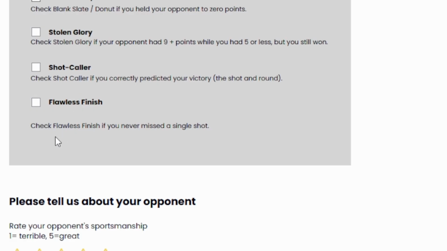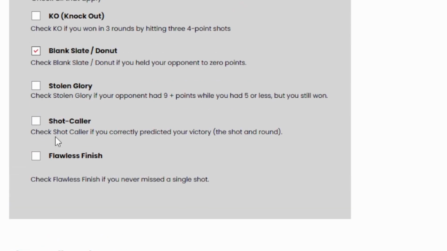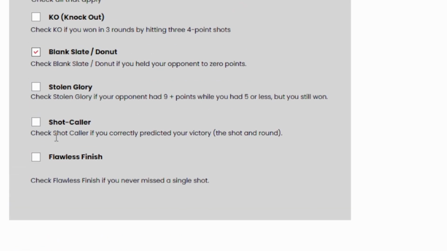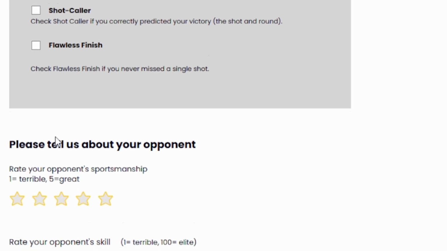Okay, flawless finish. As you might guess, you check flawless finish if you never missed a single shot. Perfection. You made every shot you attempted and you won the match. That's a flawless finish. You get credit for that. So in this case, the only one I qualify for is a blank slate here. So that's a supreme victory. Now,